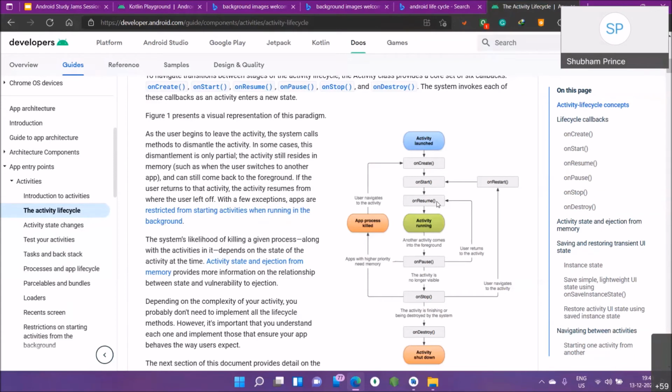Okay, so this life cycle is very important, because you might have seen that whenever you are switching from one application to another, and when you come back to that application, say you are playing PUBG and you come back to the same application, you can see that specific activity is still there. It is not dead, and you can still interact with it.